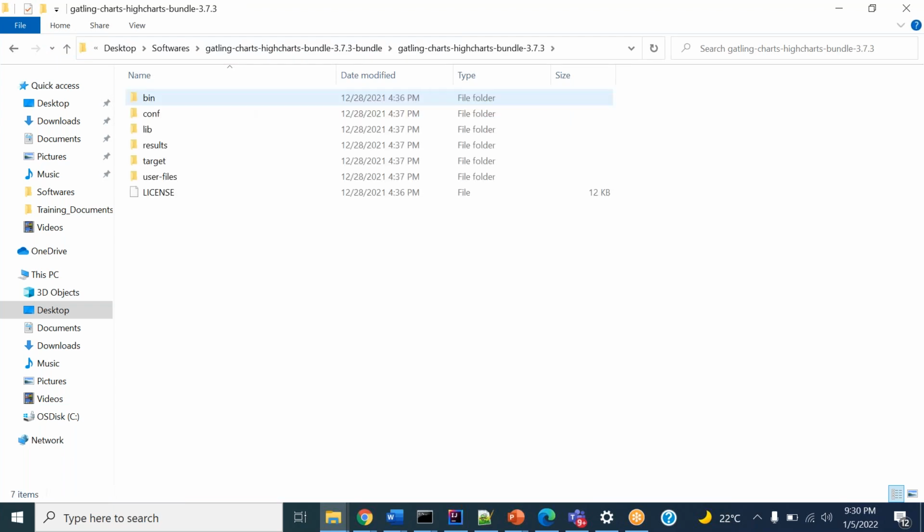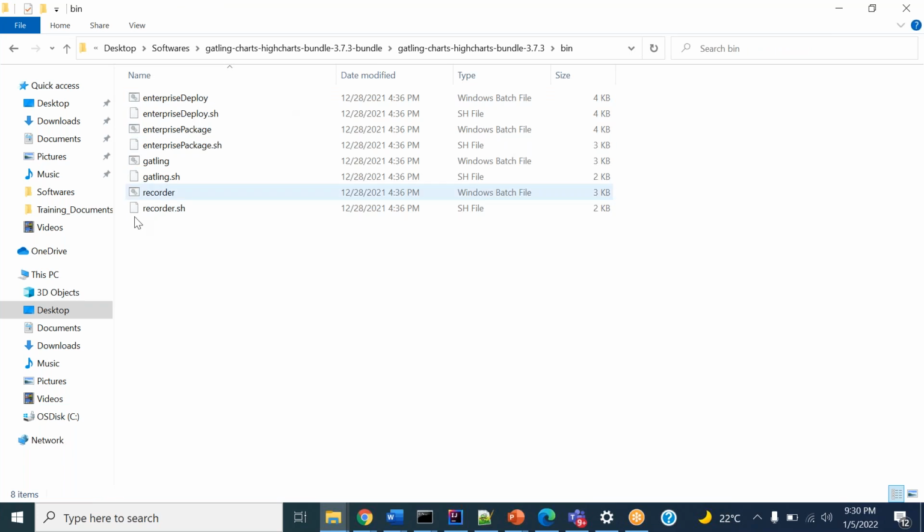Please keep a note that we are running Gatling standalone only right now. We are not talking about the IDE integration with Eclipse or IntelliJ. That we'll do later. First, let us navigate through the basic Gatling. So we have a couple of files over here. Please understand the folder structure. We have bin. Bin has some bat files, some shell files, and some exe files also in some of the packages.